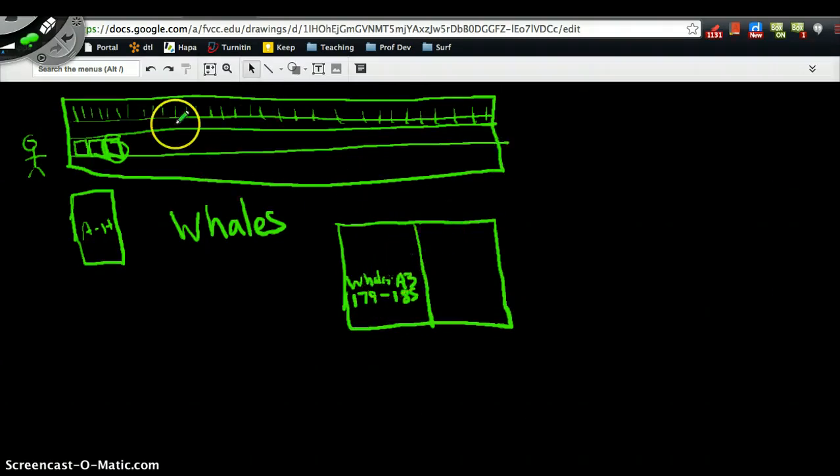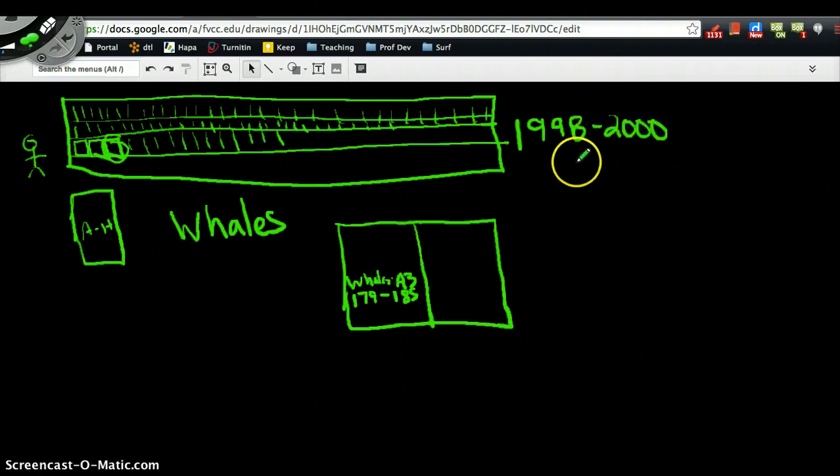Now, what this big massive bookshelf represents is all of the journals and all of the magazines in the humanities published between, in this case, it probably would have been something like 1998 and 2000. And it would have been everything you could get your hands on. Then right behind this stack, as some of you I'm sure are already discerning, the next stack back, if you were to walk back in the library, would be 1996 through 1997, something along those lines. And so, as you should be able to see,